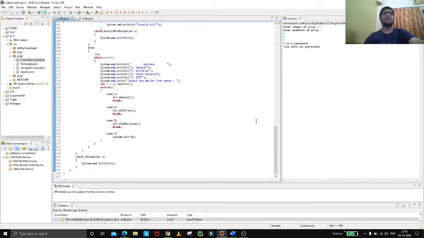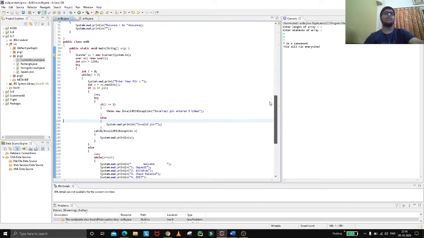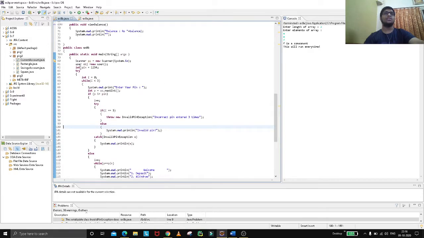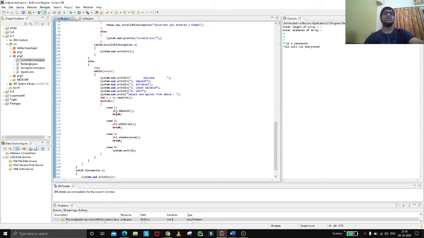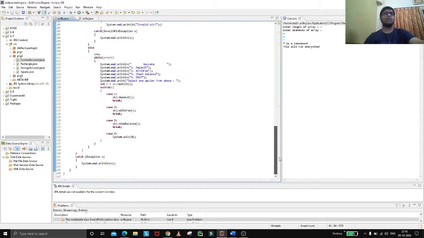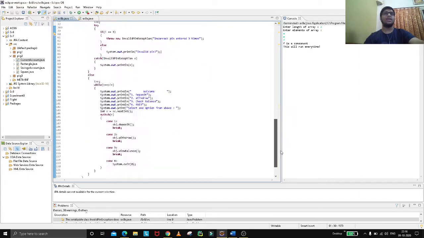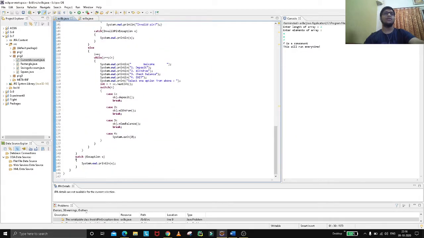We have created the user object above, user obj equal to new User, so we are just calling the functions. Case 1 is for obj.deposit, obj.withdraw, obj.view balance. This whole thing is in a try catch, and we have to give the catch last. And then we run this code.